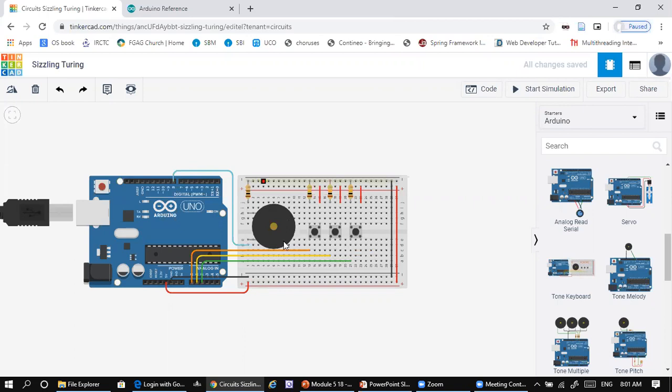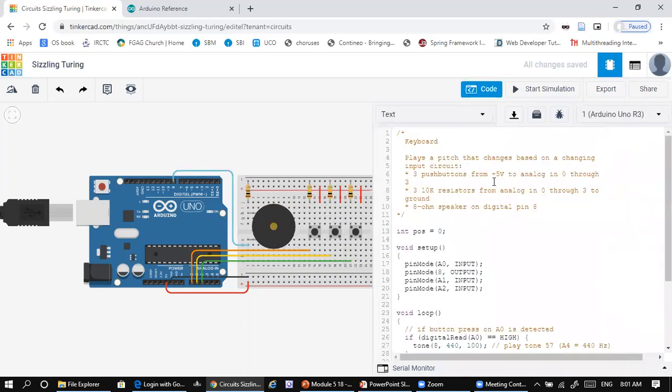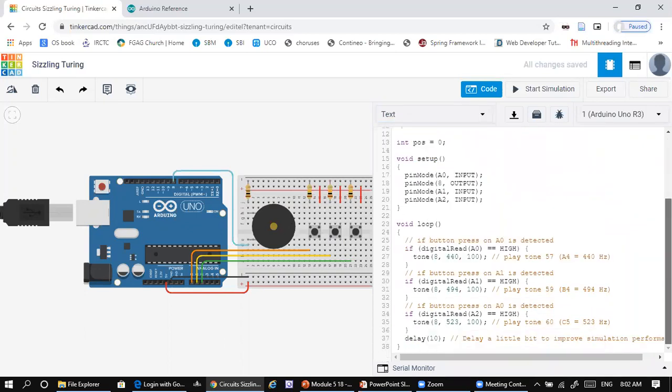So when I press the switches, a corresponding sound will come up on the speaker. Okay, you can hear it when I press it here. The code is also developed here. The same code we discussed is given here.